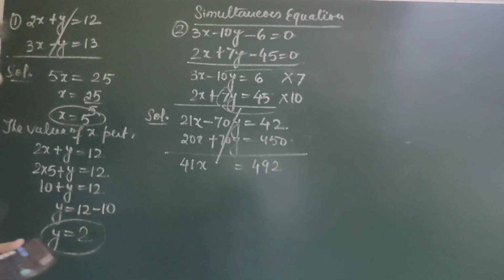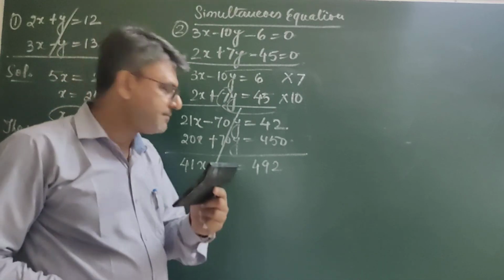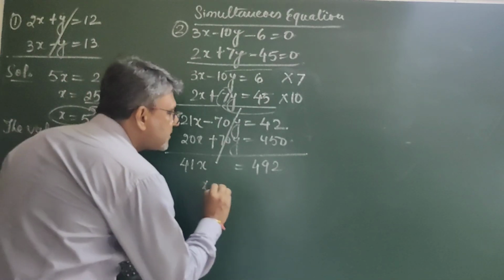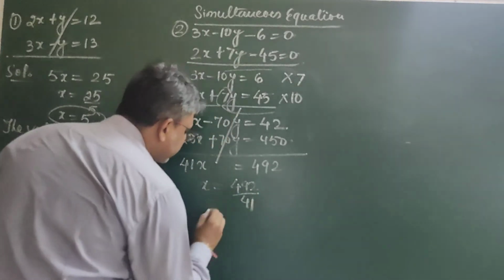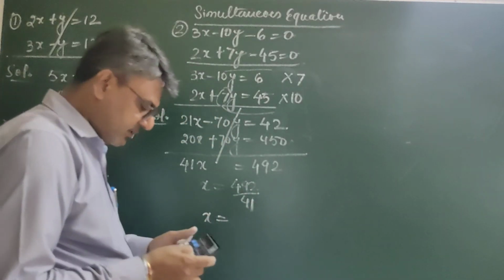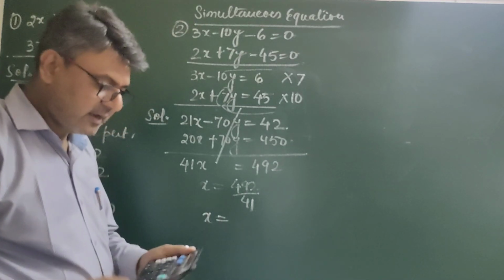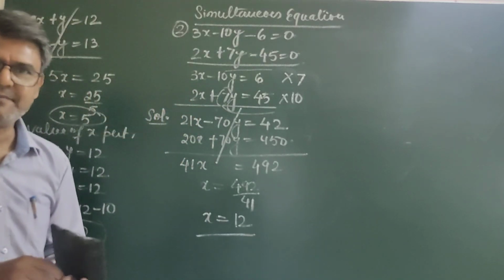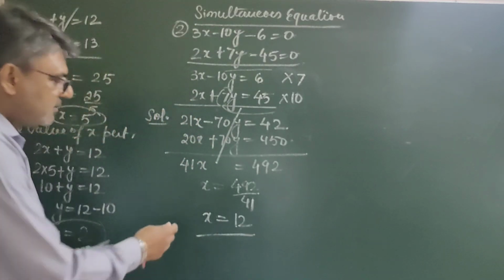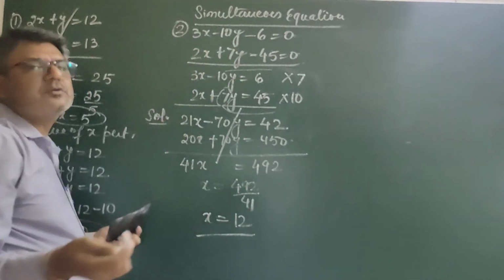और मैंने बताया है आपको कि एनी टाइम मैथ सब्जेक्ट के लिए कैलकुलेटर इज मस्ट और नेसेसरी। चलिए x आर इक्वल्स टू 492 डिवाइडेड बाय 41। नाउ x आर इक्वल्स टू विद कैलकुलेटर 492 डिवाइडेड बाय 41 आर इक्वल्स टू 12। द वैल्यू ऑफ x इज 12। नाउ द सेम द वैल्यू ऑफ x पुट इन इक्वेशन 1 और 2,